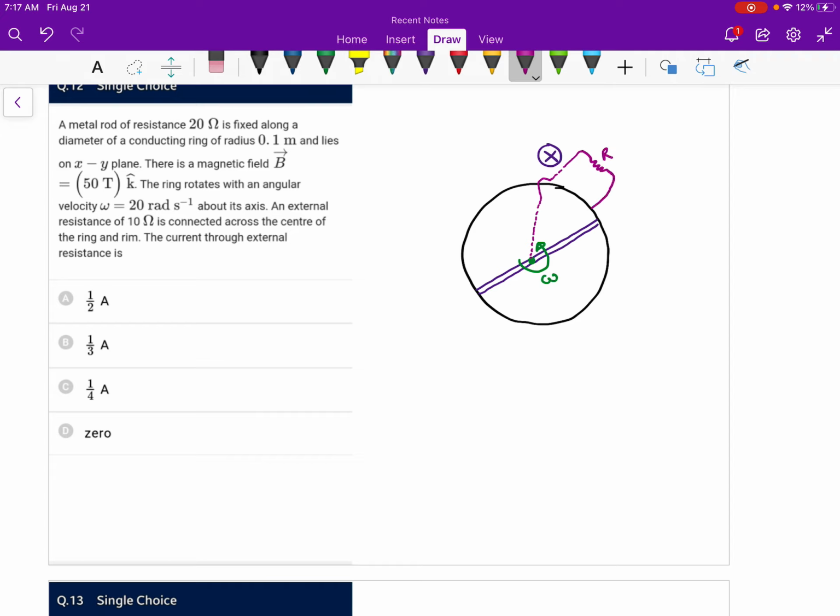This is the external resistance. So the EMF gets induced in the metal rod, and in this portion,